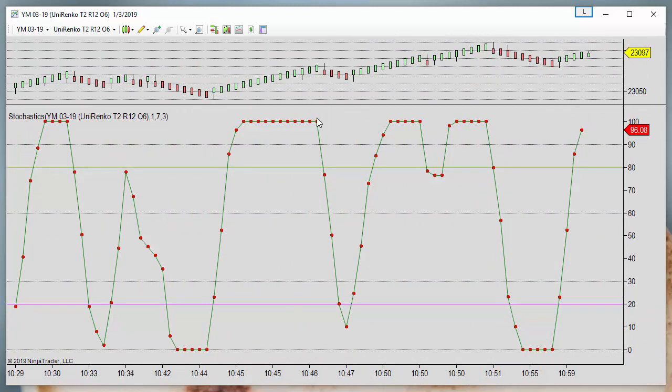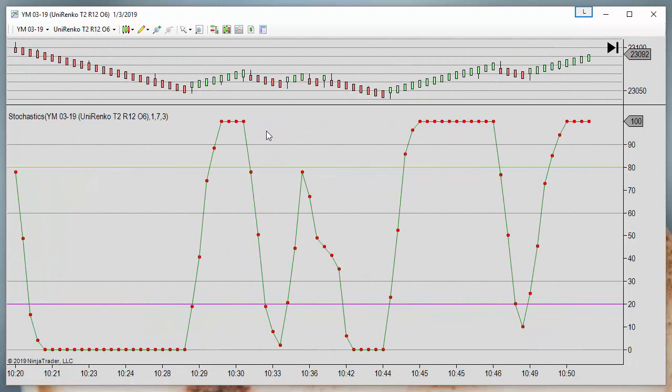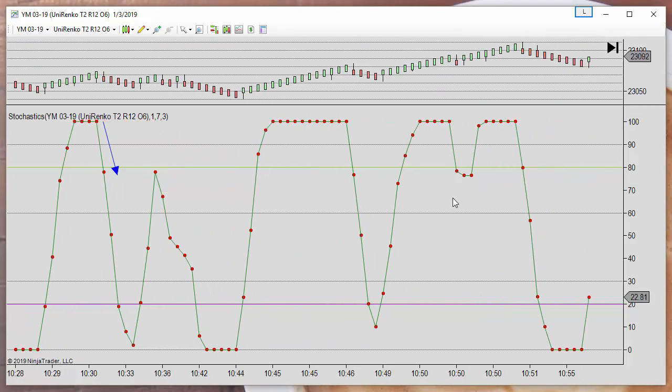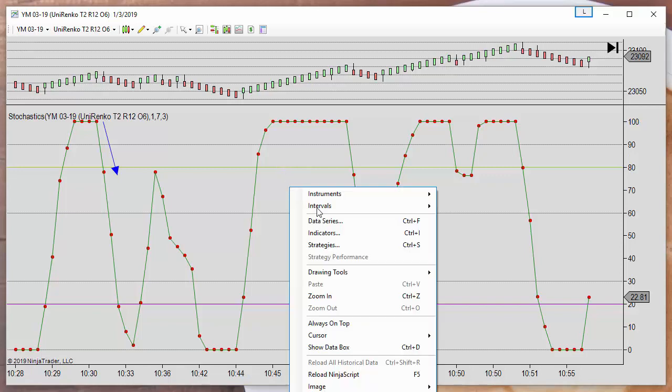The rules are that we need 2 values over the overbought, and the problem is we don't have any pair of values over the overbought level, like here. So we need to decrease the overbought level to, for example, 70 or 75. So we have 2 points sloping down, all above the overbought area.